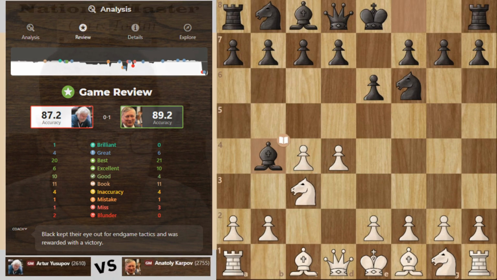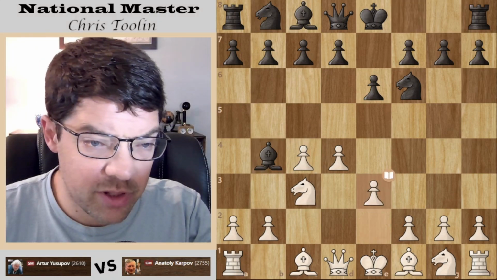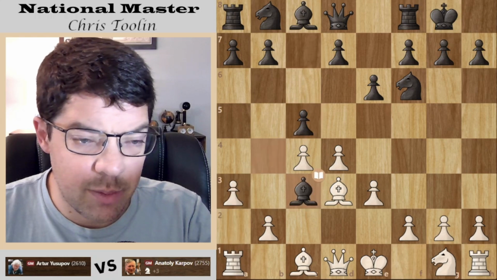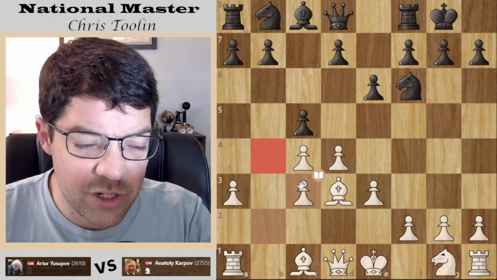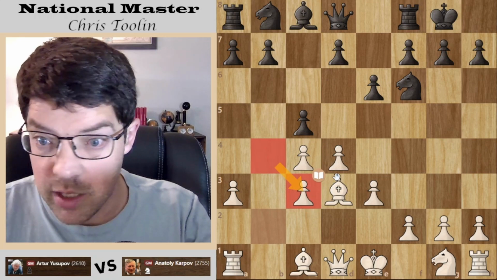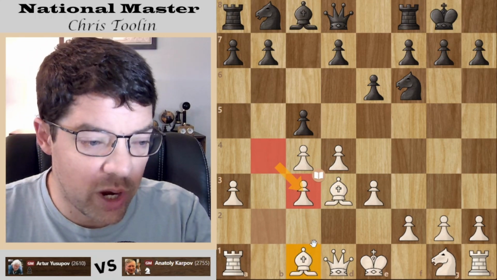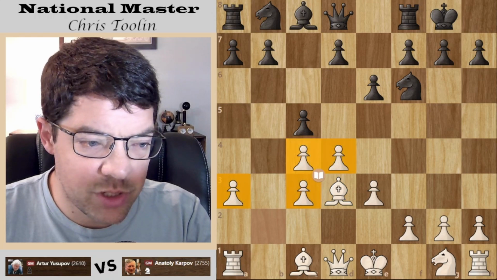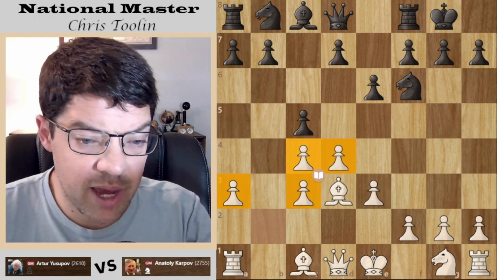Here we go. Another Nimzo-Indian. So very popular. Karpov responds e3, bishop d3, and a3, this type of style. Capturing the knight is kind of the general idea in this opening. You give the bishop pair. White gets the bishop pair. But also white has kind of this compromised pawn structure. And therein lies the battle of this one.